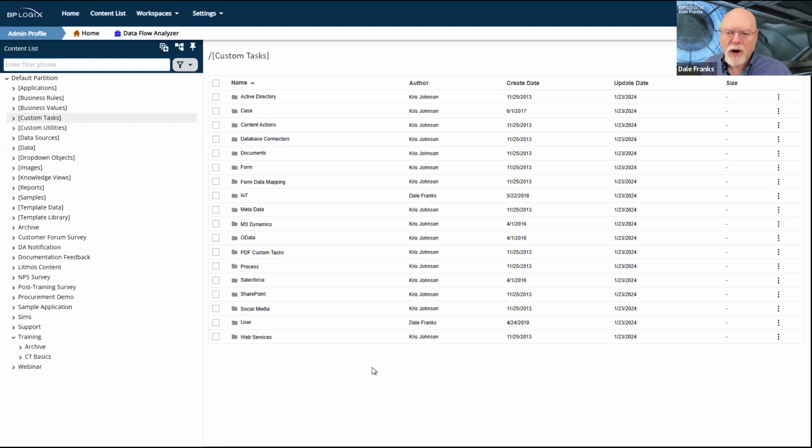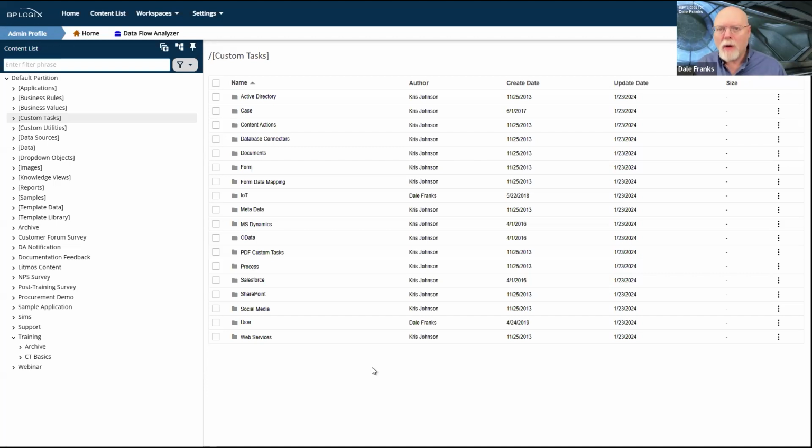Custom tasks are not technically built into Process Director. What they do is incorporate functionality that is very commonly used, but would be super tedious to have to configure Process Director to do every time.